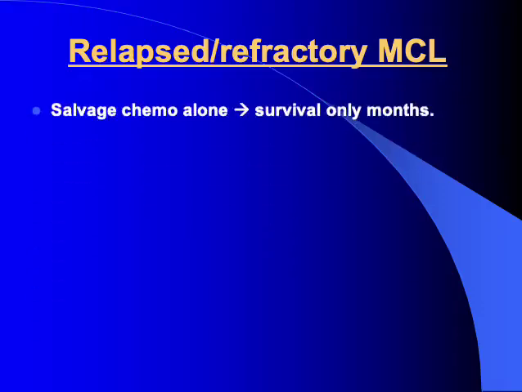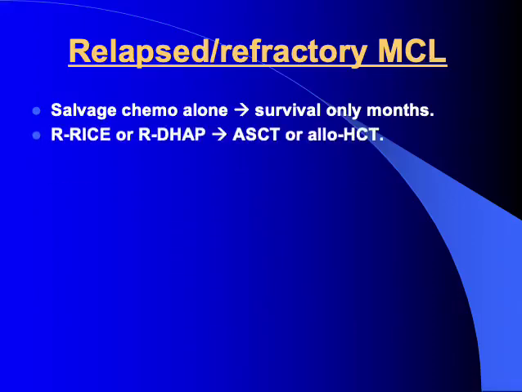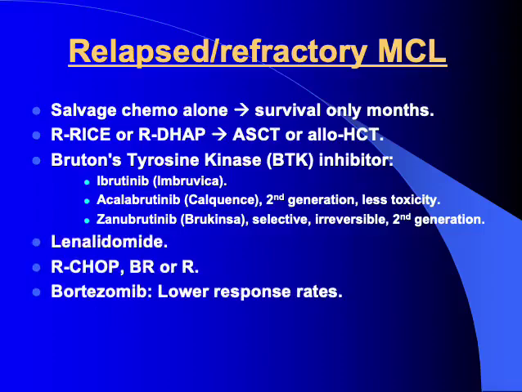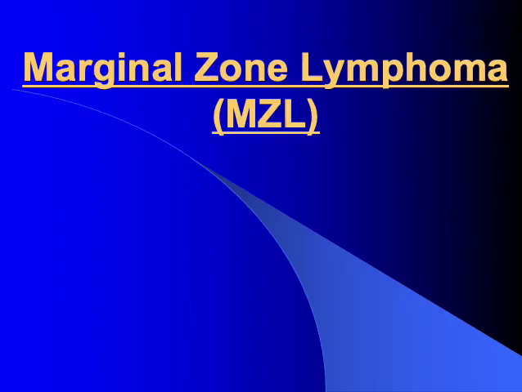Refractory and relapsed mantle cell lymphoma, salvage chemotherapy alone, survival only months. So should be treated with salvage chemotherapy, followed by autologous stem cell transplant or even allogeneic transplant. New agents: protein tyrosine kinase inhibitors, BTK, ibrutinib. These are other options, or even CAR T. Another type of low-grade lymphoma,